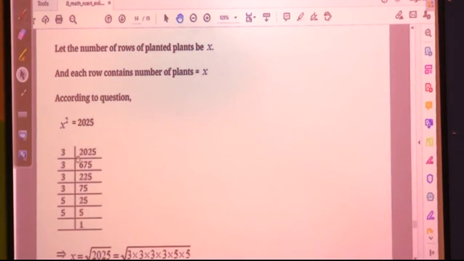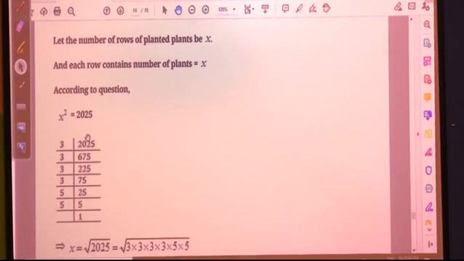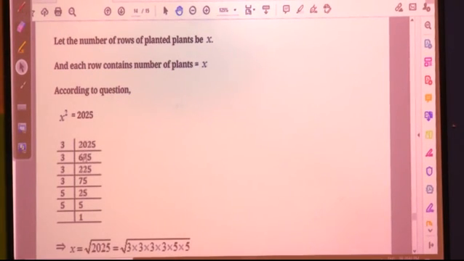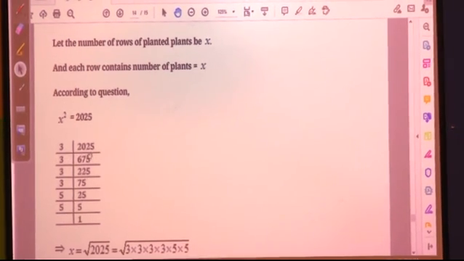So, we are finding the factors of 2025. 3 6s are 18, 2 remaining, 3 7s are 21, 1 remaining, 3 5s are 15, 3 2s are 6, 3 2s are 6,